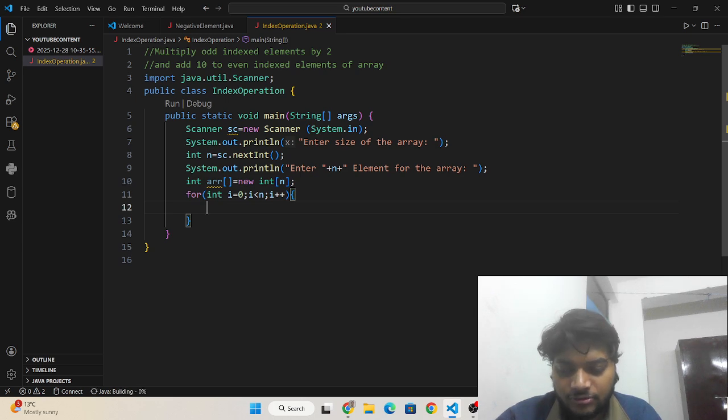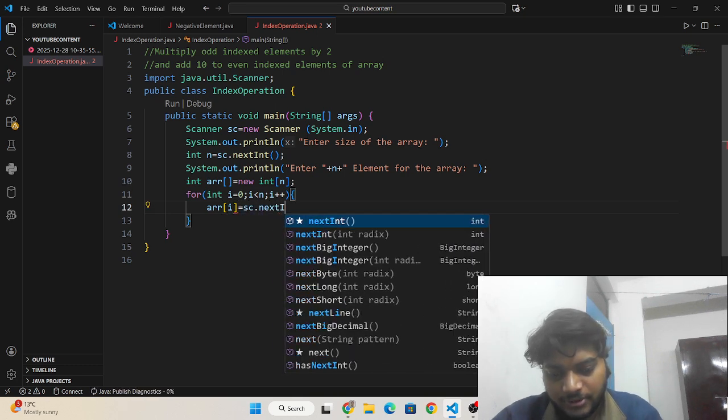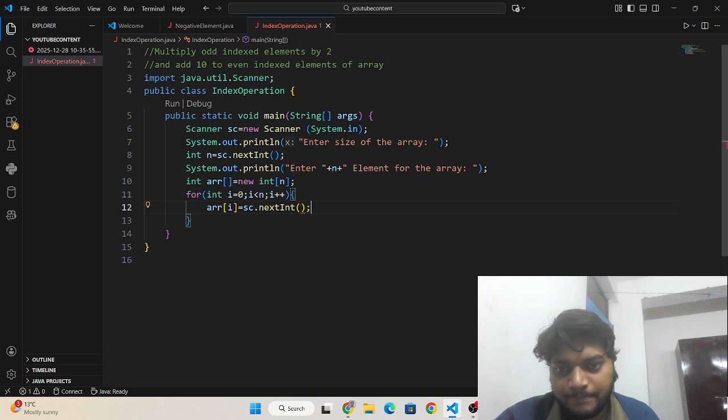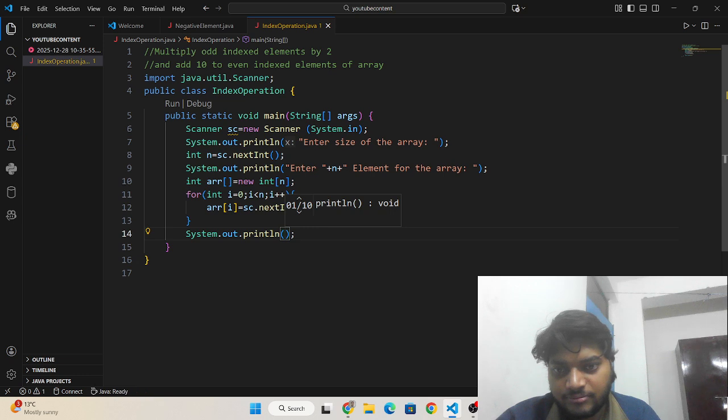And here I need to write arr of i is equals to sc dot nextInt. Okay, now I have taken the elements of the array.